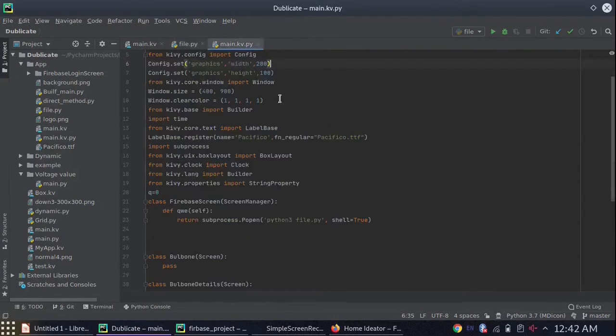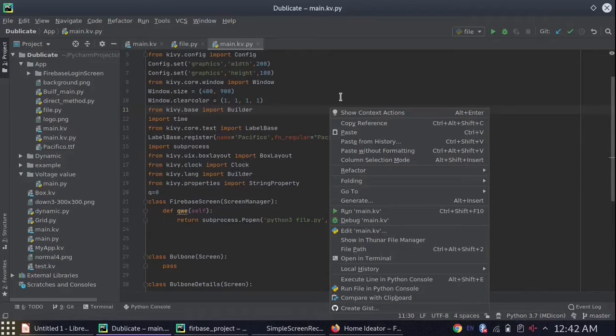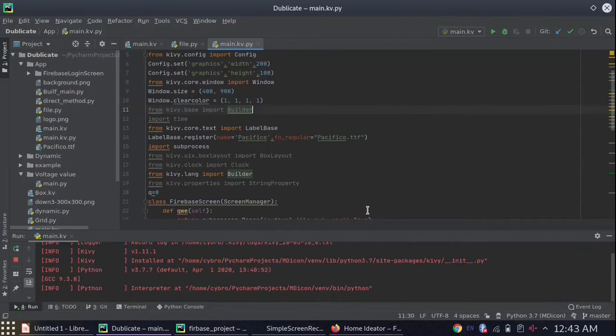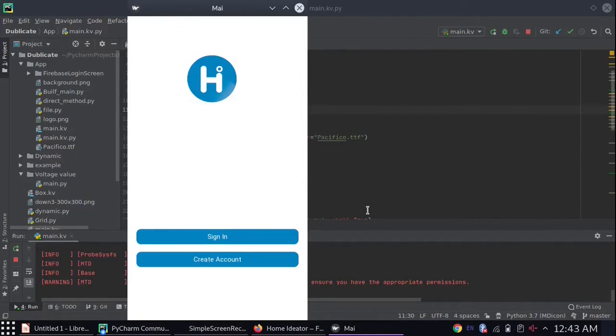This is the exact Home iData app. We just coded everything. We made a simple application and didn't give much importance to the user interface. So this is just an application. Let me run it and show you. And this is the login page.